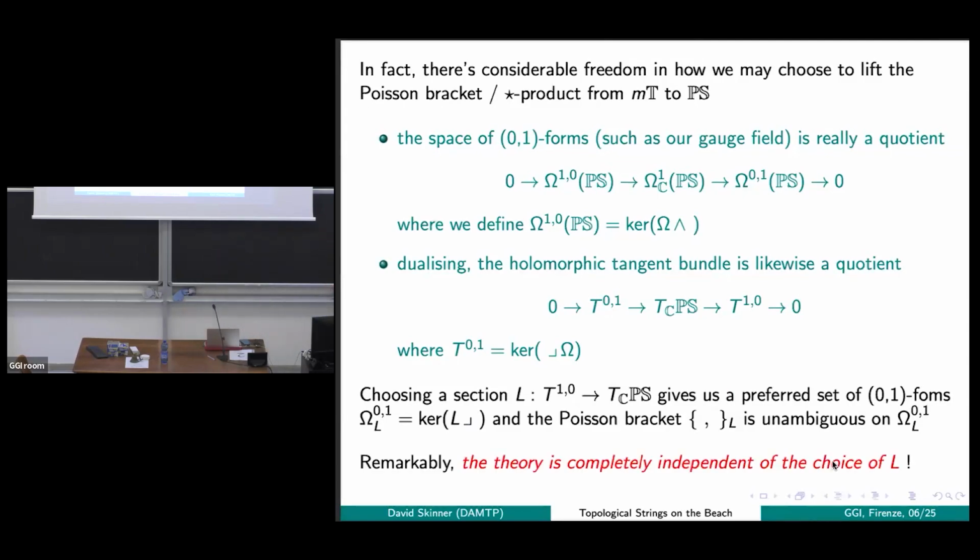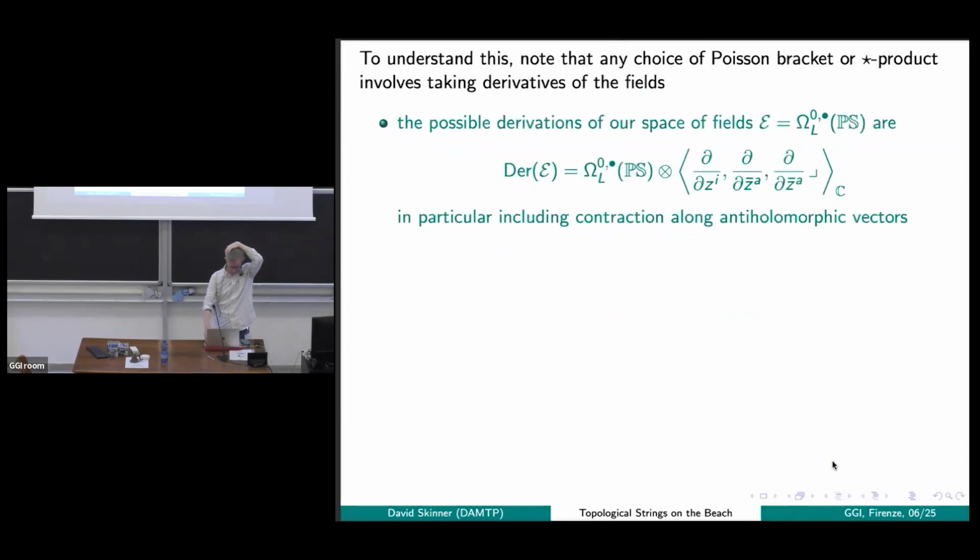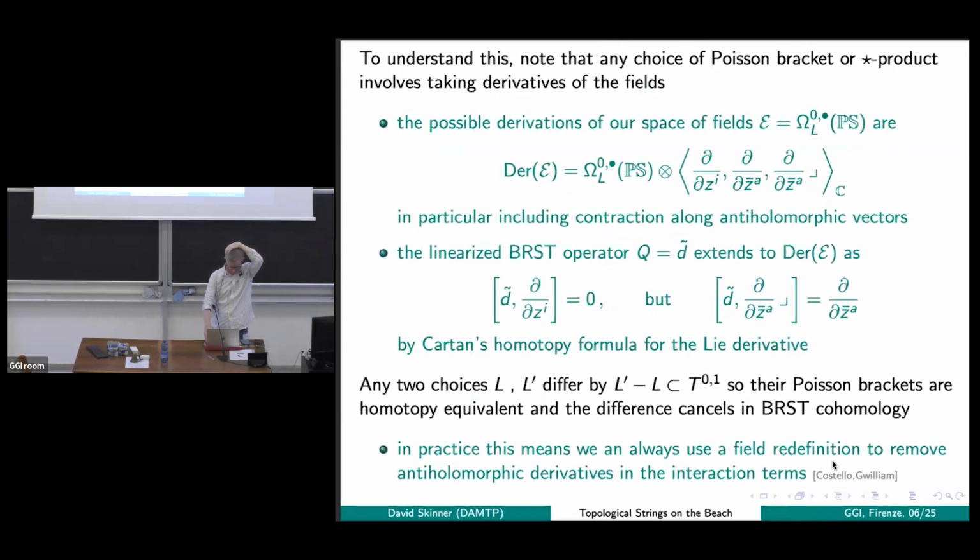However, the key point, which probably I shouldn't be spending so much time on, is that the theory is totally independent of this choice. In view of time, let me not give you the argument for why it's independent of that choice, but it is independent of that choice. And for example, Atul will be totally bored to learn. So normally in self-dual gravity in 4 dimensions, we've had trouble reducing, for example, the first Plebanski equation. There's an obvious action for the first Plebanski equation on twistor space, but because of frame dragging effects, etc., it's kind of tricky to reduce that to space-time. In fact, it's totally trivial.